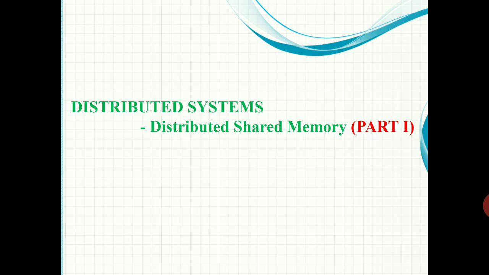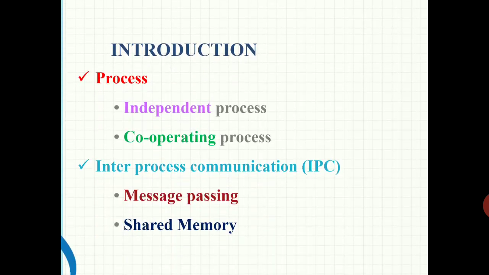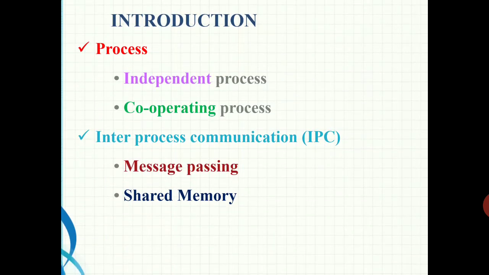The distributed system consists of a set of processes that communicate with each other. A process in the distributed system can be classified into two groups, that is independent process and cooperating process. An independent process is not affected by execution of the other process, while a cooperating process can be affected by other process. So we can group this particular set of process into two, that is independent process and cooperating process.